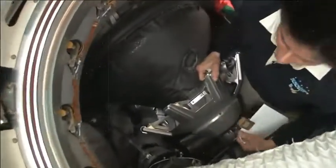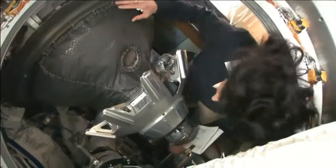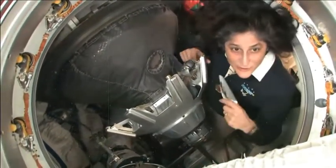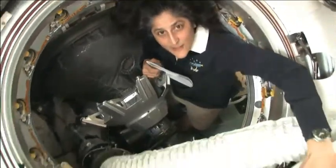This is the docking probe right here, this big thing. This helps us connect to the spacecraft. This probe actually sticks into this cone, and that's how the spacecraft